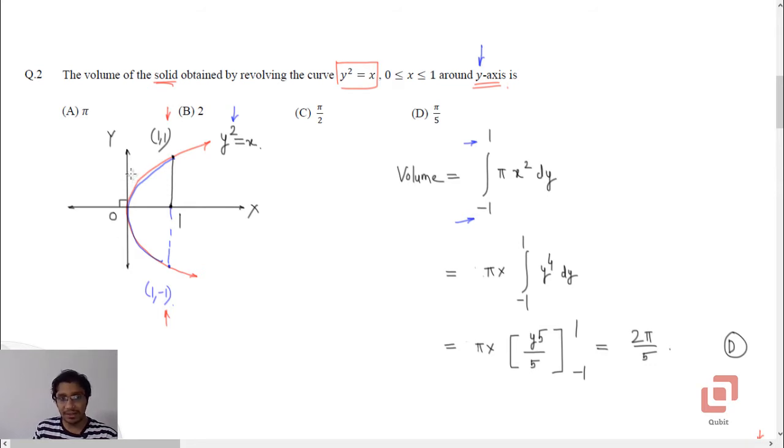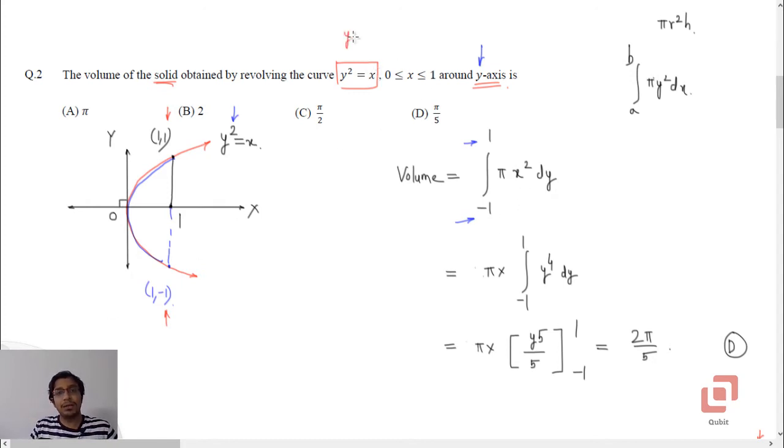Then the formula is pi x squared dy, because we actually consider the elementary volumes, elementary cylinders or elementary discs, if you want to call them. So it is pi x squared dy. If it had been volume around the x-axis, then the formula is integral a to b pi y squared dx, which matches with the formula pi r squared h dimensionally. Now what is x squared as far as our curve is concerned?